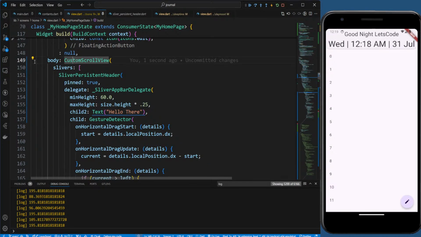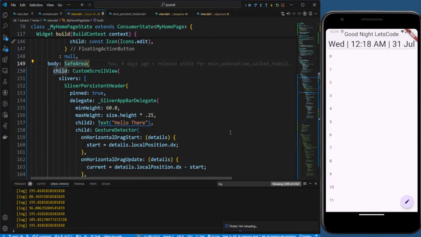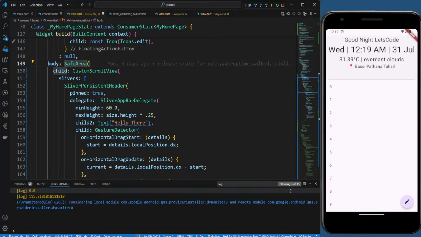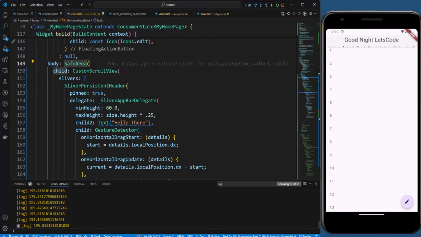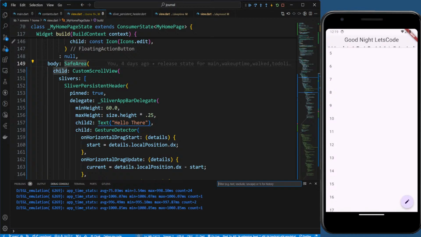The scroll can be put in safe area though. Tablet widget, safe area. So now if you scroll, we don't have any error. Go to the top like this, but